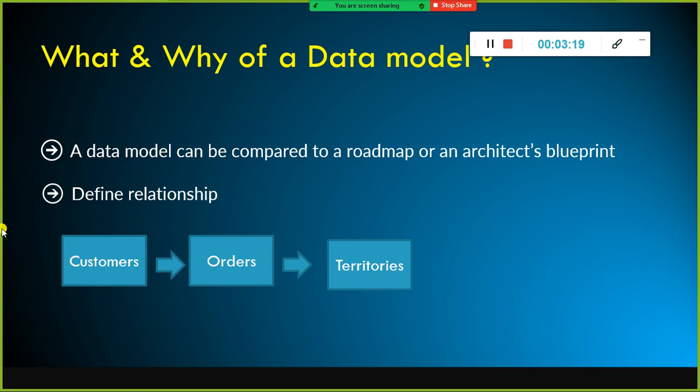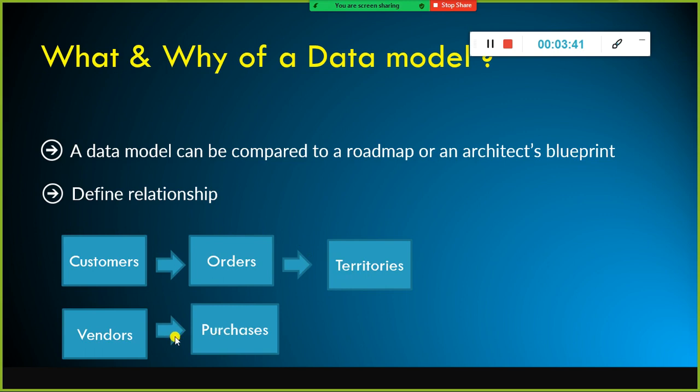In that case, obviously, customers might order from different locations. So you have three different entities: customers, orders, and territories. How these three entities are related matters a lot. We need to create a relationship between these tables.